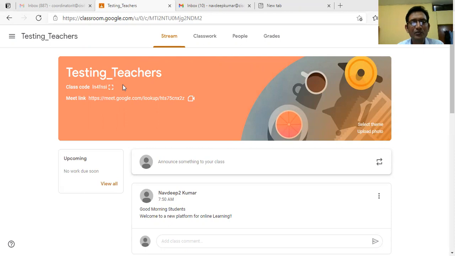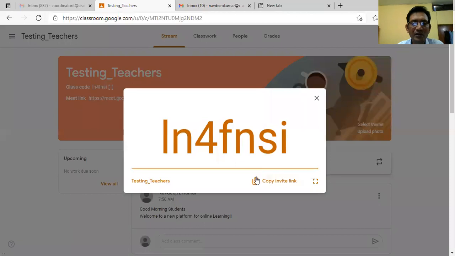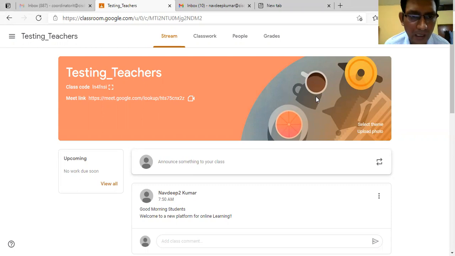And if the students have not joined your class, you can share this class code by copying it, or invite your students by sending them this link. So this is the first step.